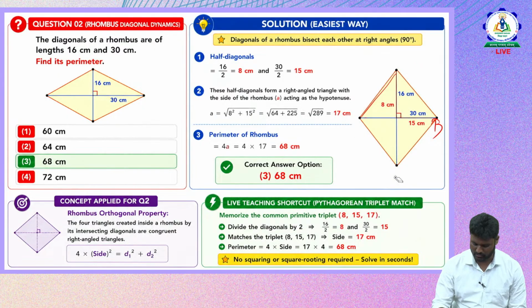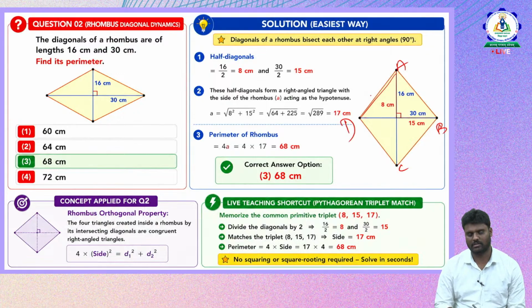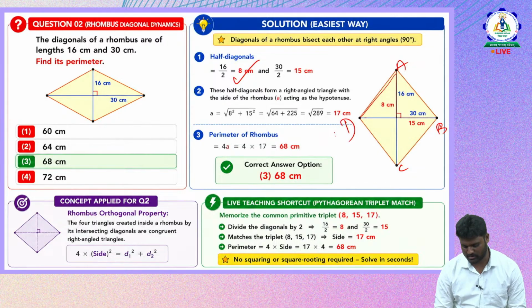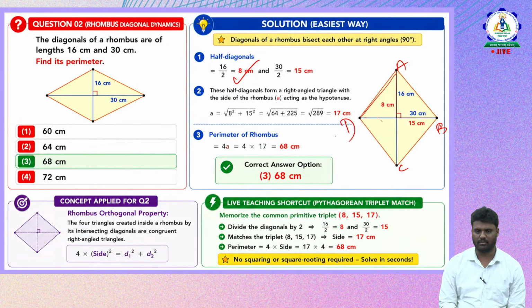16 by 2. So the length of this one will be the half of the diagonal. If diagonal AC is 16 centimeters, the half of the diagonal will become 8 centimeters. If diagonal BD is 30 centimeters, the half will become 15 centimeters. Now these half diagonals form a right angle triangle with the side of the rhombus A